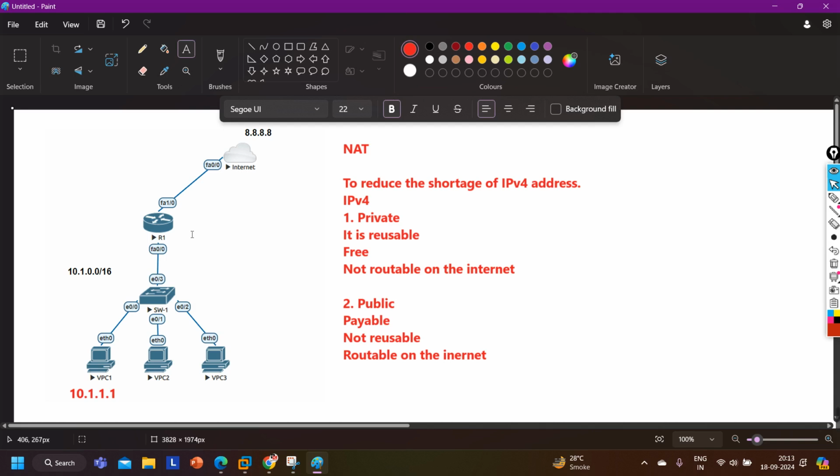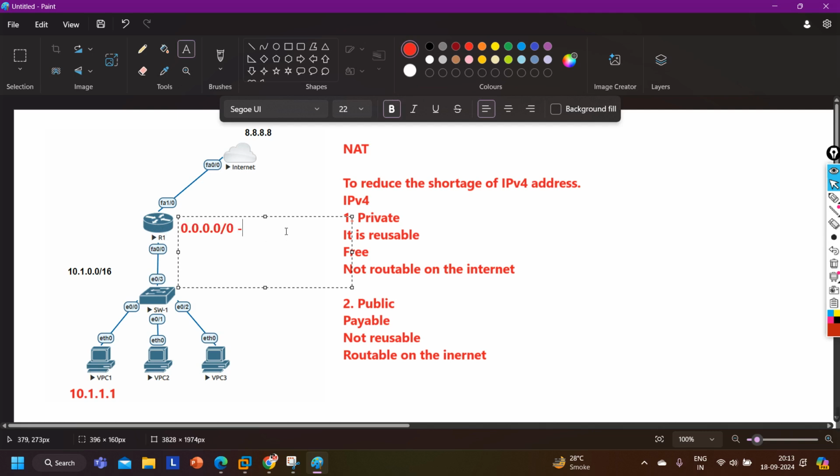Okay, so why is translation required? Let's say 10.1.1.1 wants to ping 8.8.8.8, source IP 10.1.1.1, destination IP 8.8.8.8. It will forward to the router. On the router, a specific route is not available, so let's say I have configured one default route. Default route means if a specific route is not available in the router, then the router will use the default route, right? 0.0.0.0 means all routes.